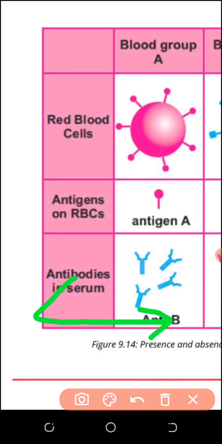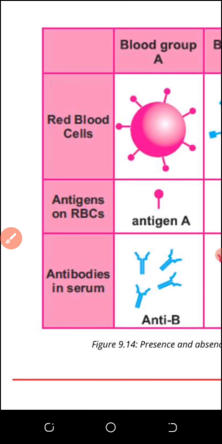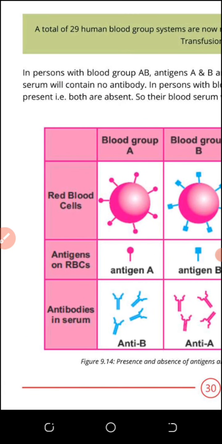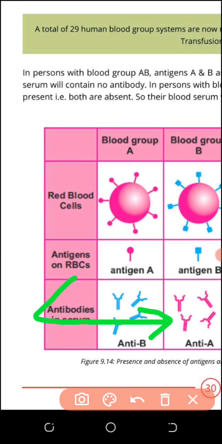So actually antibody occurs in the liquid part of the blood. Antigen occurs at the cell membrane of the red blood cell, also called erythrocyte. Okay, antibodies are opposite to antigen A. It's very simple. Opposite behavior of antibody in reference to antigen A. You see how I will make the blood groups. Antibody B, what are antibodies? They protect us against bacteria, a significant part of the immune system.